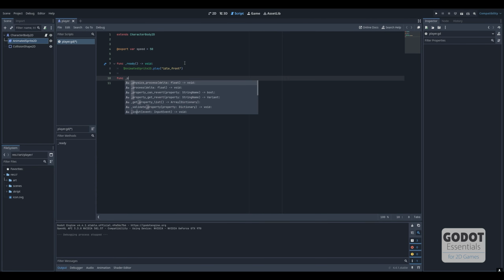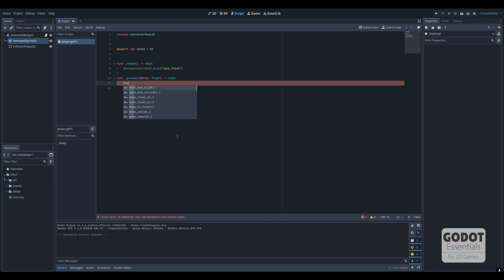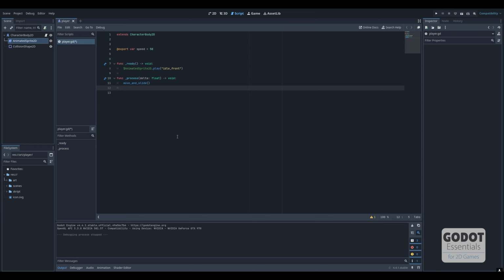Now it's time to move on to the process function. This is where the action happens. This function runs every frame and executes whatever we put inside. It's perfect for things like movement, animation updates, or checking player input. So here,